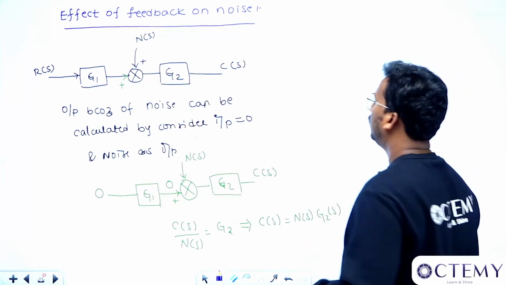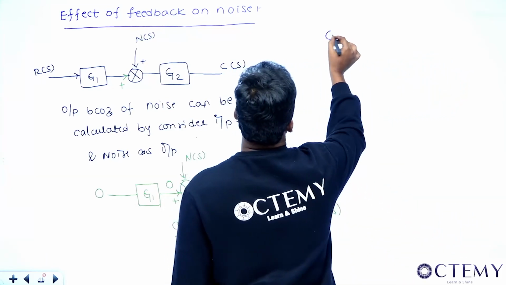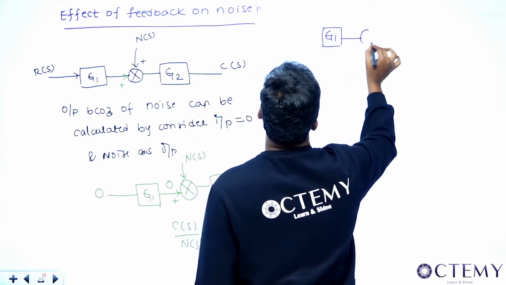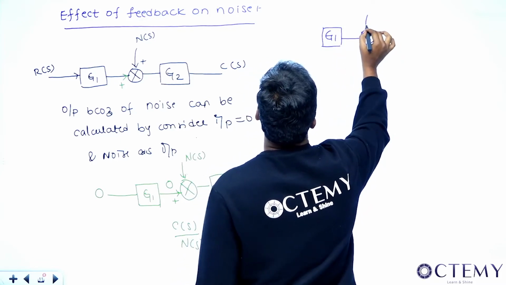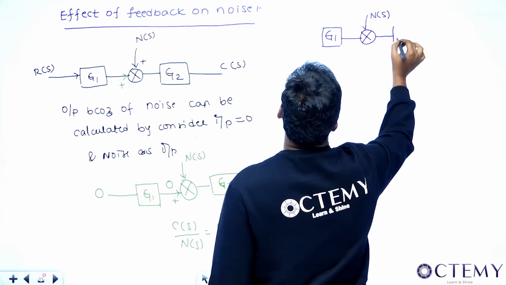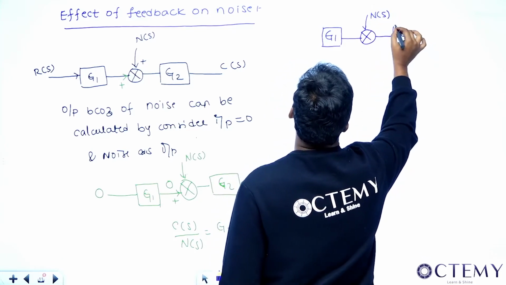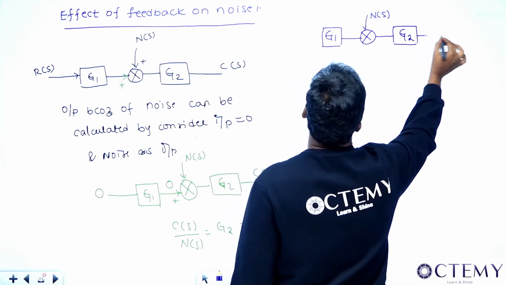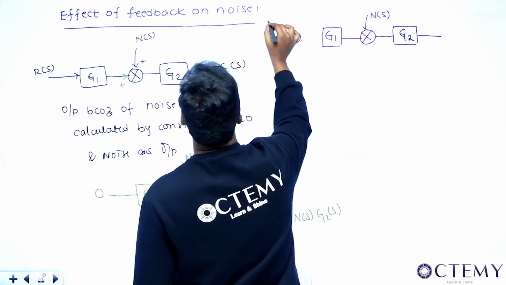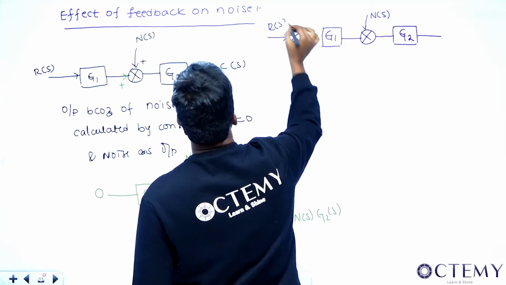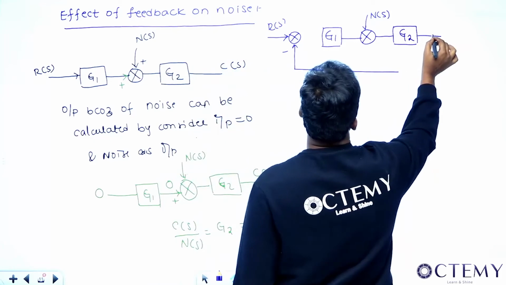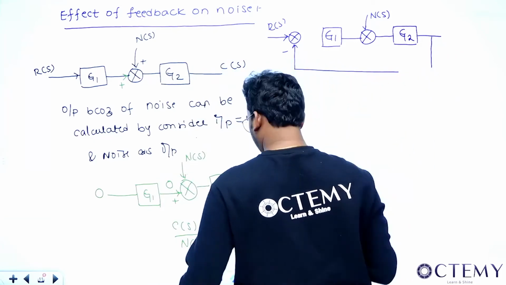Now, if I do the same thing by closing a loop, this is in fact a previous year IAS question, sir. Let me discuss this and tell you what the question was. This input you take as N of S. This other gain is G2. Now you are keeping a negative feedback, sir. This is your input R of S and this is your negative feedback minus H of S. Somewhere here H of S is there.